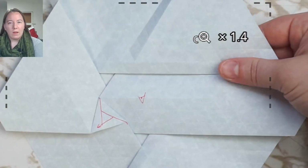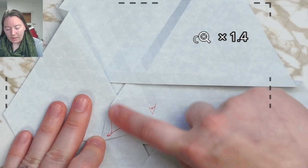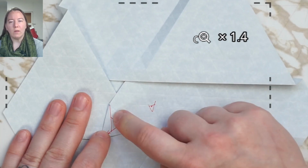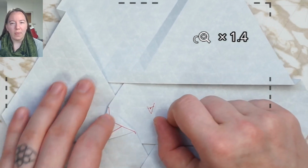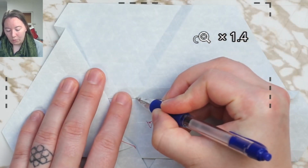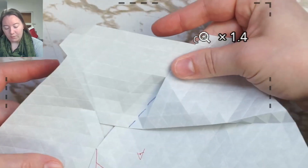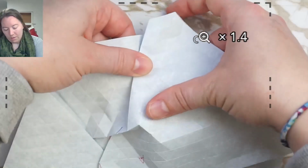Flipping back to the A side, when I'm looking at this, I see I need consistency around the center. I'm going to have 1 space between the open hole on the back and the corner of the twist on the front, the corner of the twist on the front and the open hole on the back. This is true for both sides. So I'm going to come 1 space out from that open hole and put in my valley fold. And as usual, it's never just a valley fold. So I'm going to have a mountain along with it. This is going to open up my existing